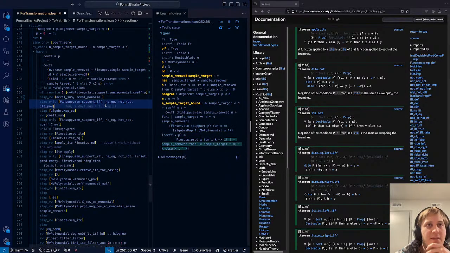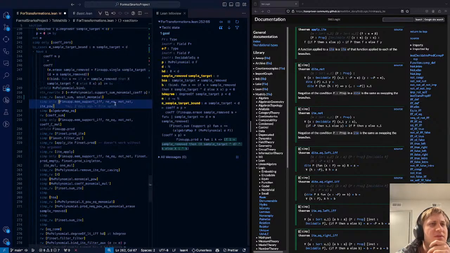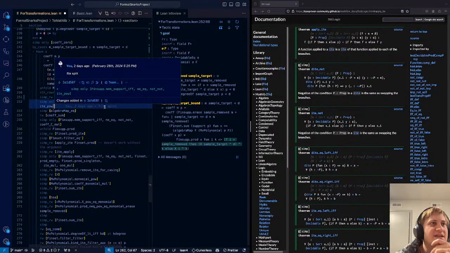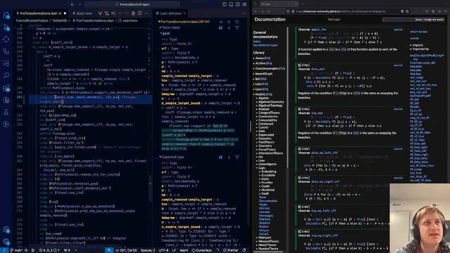And when we apply ite_pow, what is even going on? Shouldn't there be two to the power k's? Yes. Okay. So now we have the inner thing to the power k and the outer thing to the power k. Okay. So can we not simply do this?